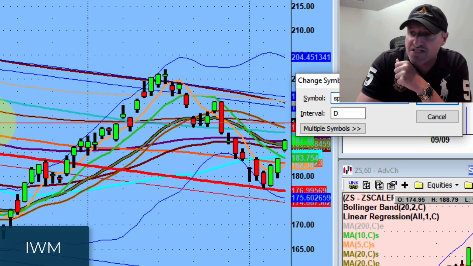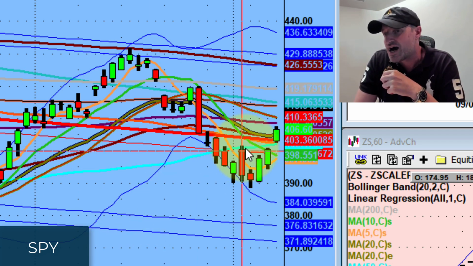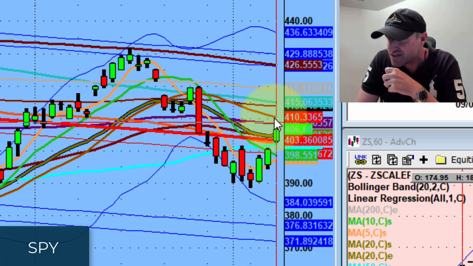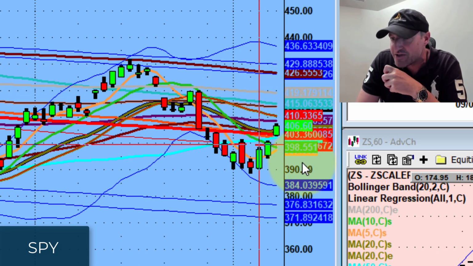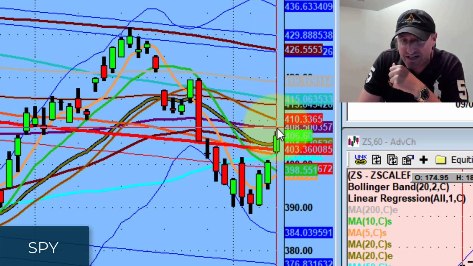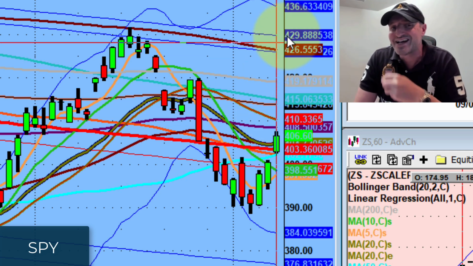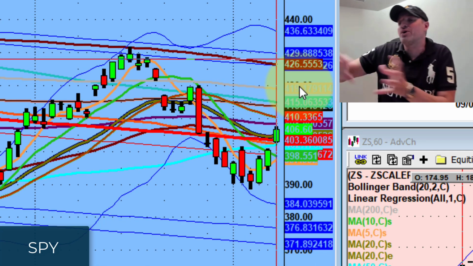And if you look at the SPYs, first time they tested that 390 in a while. They got off the mat. Again, same thing. SPY is a little bit more cloudy. You can see here, there's a lot more supply zones, right? You can see 408 and change. There's a lot more trees to the forest. And that's kind of what we start talking about going into this week.